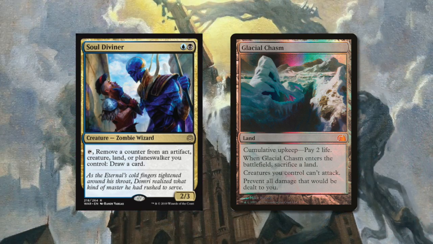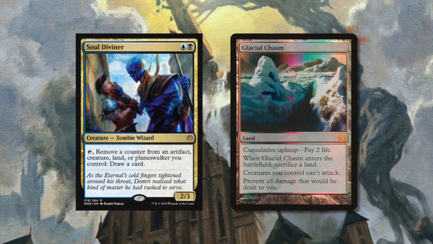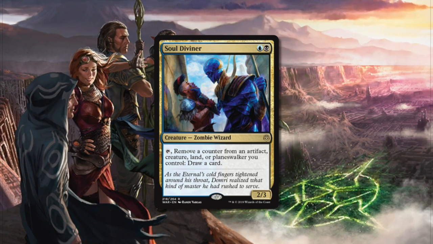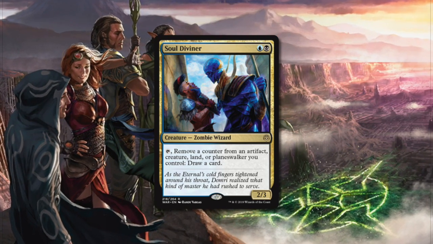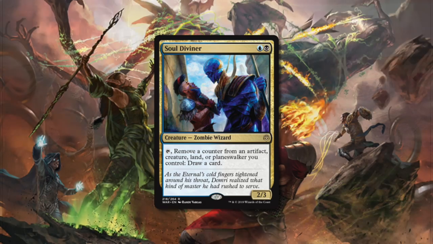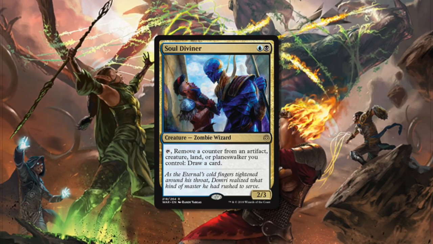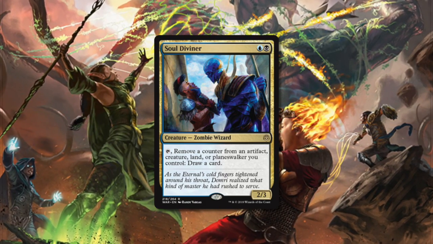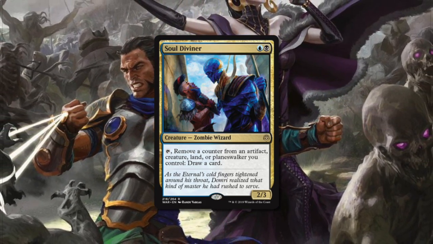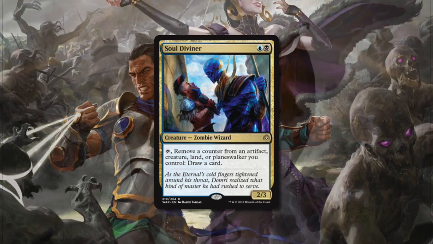Mm-hmm. It's a little specific, and if you're running Glacial Chasm, blue and black tends not to be the colors that you're going to be running. Yeah, that's what I was thinking too. Dimir is not really the land matters kind of decks. I mean, maybe Mystic Remora, but it's not really the decks that are running a lot of cumulative upkeep effects. So it's very unique. I'll give it that. The fact that it can help with the cumulative upkeep is very... You don't see that very often, but...